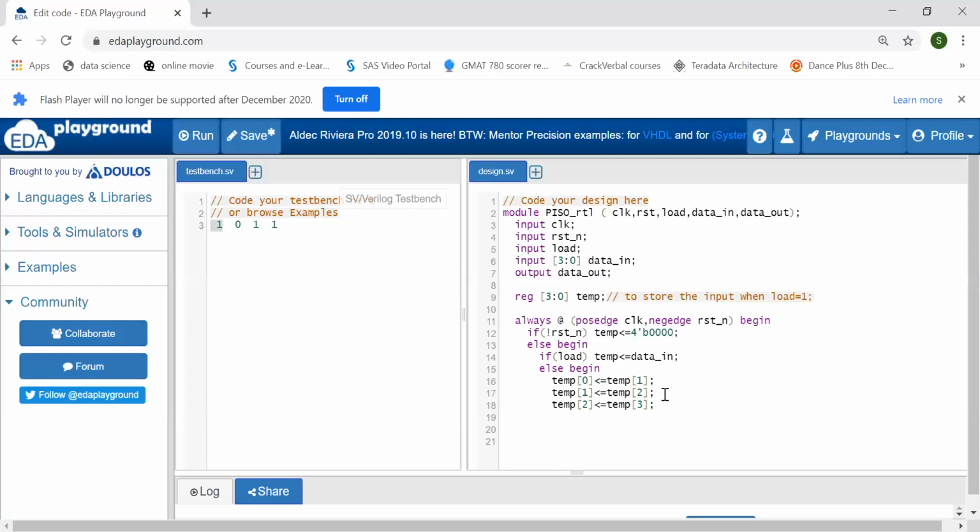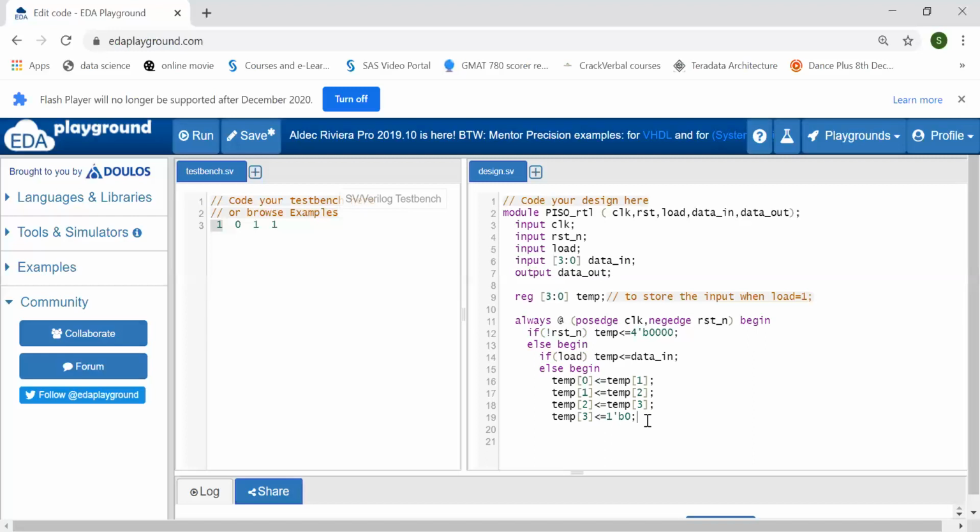And temp 3 is assigned 0. You can also give a serial input here, but here I am assigning 0 to my temp 3.